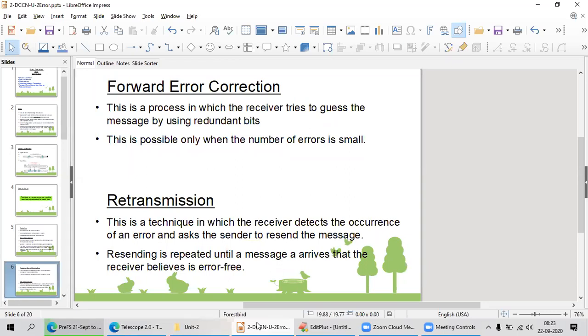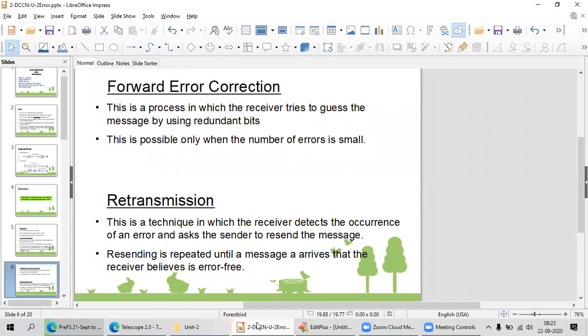We use forward error correction if the message and the number of errors in my message are small in size. If it is thousands of bits, I am not going to guess that particular thing. It won't be helpful for forward error correction.